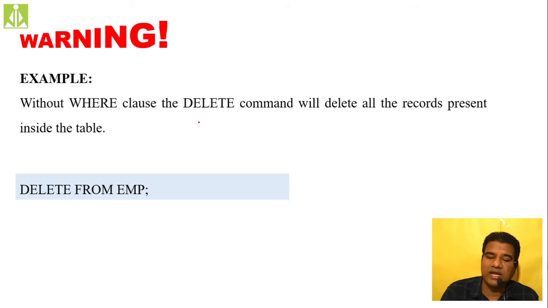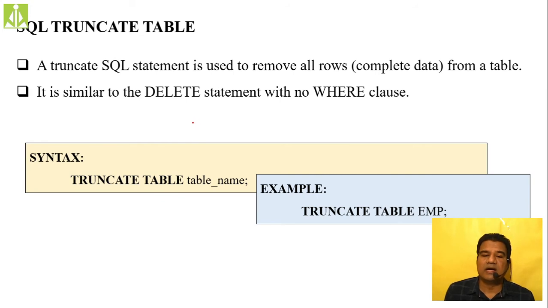So here, the syntax is truncate table table name. It will delete all the rows present inside my table. It is similar to the delete command without where clause. And moreover, remember that we don't have the flexibility. Even if we insist, we can't put the where clause inside the truncate command. It is simply used to flush your table. Simply, it will delete all the rows present inside your table.